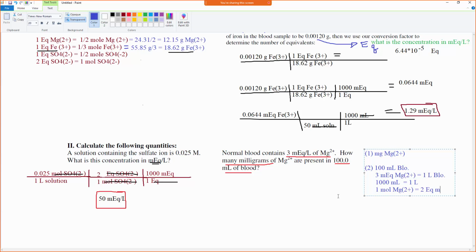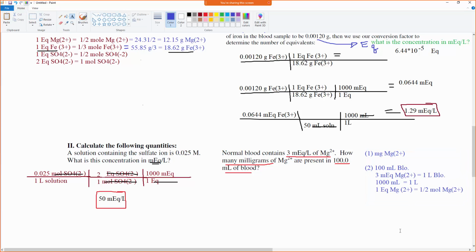Do you guys like that better? Sorry if that just confused you. Erica says, no, I don't like that better, don't confuse me, we had it. Okay, we'll keep it. 1 equivalent magnesium 2+ is equal to 1/2 a mole magnesium 2+. Yeah, they both work. Okay, so to solve this problem then, to set it up,